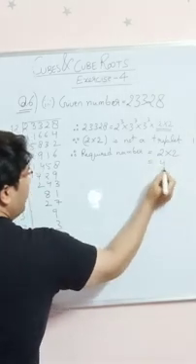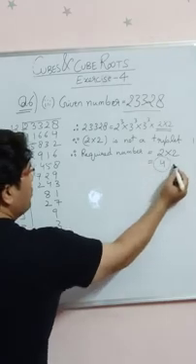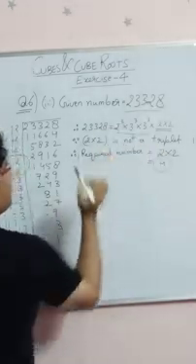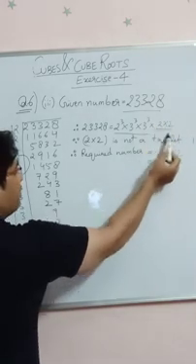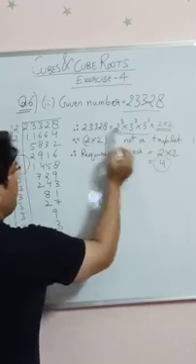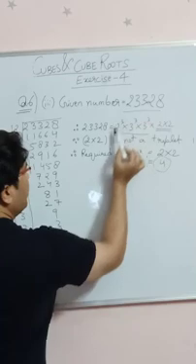Now what does that mean? If I am going to divide this given number by this resultant 4, then I'm going to get only the cube terms, and then it is going to be a perfect cube. A perfect cube is a number which has all its factors in the form of triplets or in the form of cube. Since this is the only exception which we have in the factors, I'm going to exclude it by dividing the given number by 4. If I divide it by 4, this will be gone. So we will be left with only the cube terms.